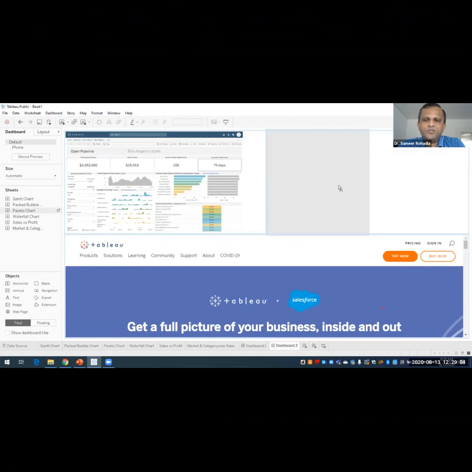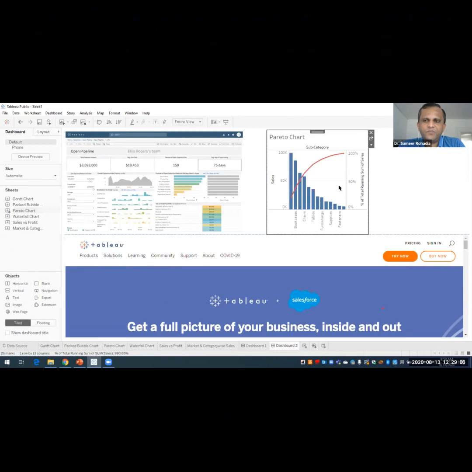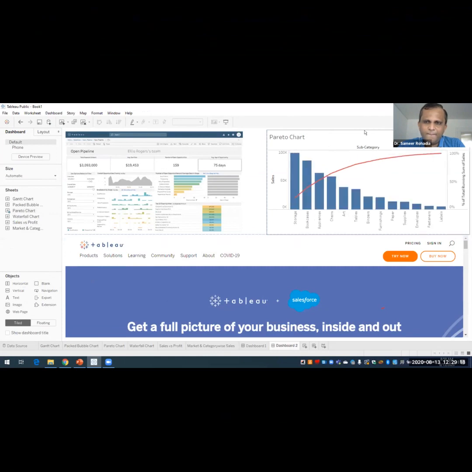Let me put it on the left hand side. Now still here there is some space, so I select this blank space and then I delete it. Now you can see that my Pareto chart is having a good size, and I'm able to see it very well.